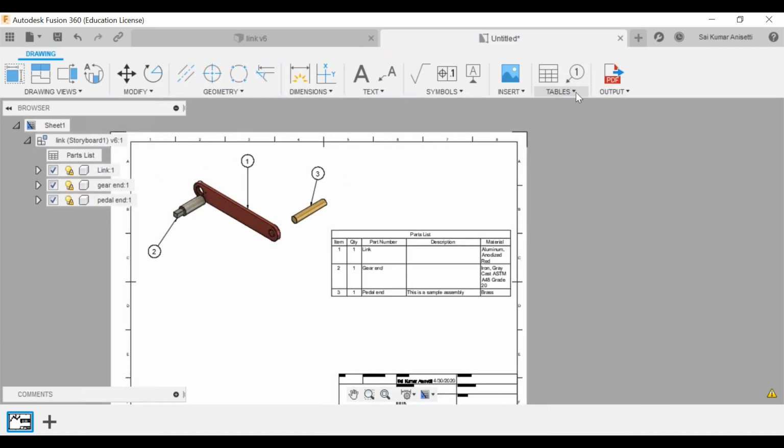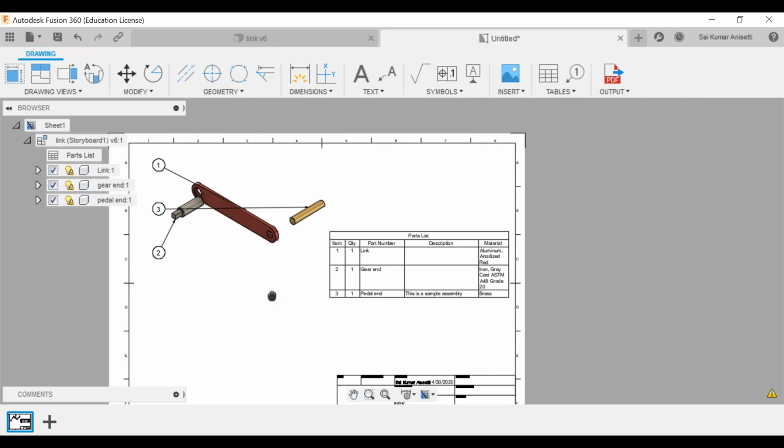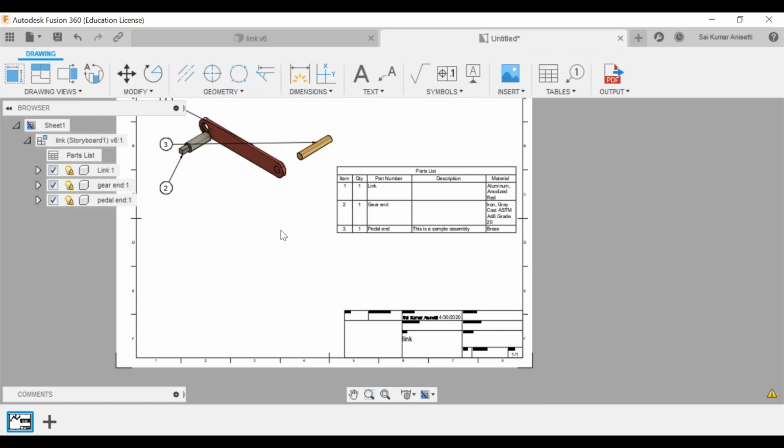And now if you want to align, see align balloons, this one I need to align with this. Select your balloons to align, just press enter. Can move that and place it at this particular place. Now see, all these balloons are aligned vertically. Now you can do it in horizontal direction or whatever direction you need, that is up to you when you can choose the dimensions on it.